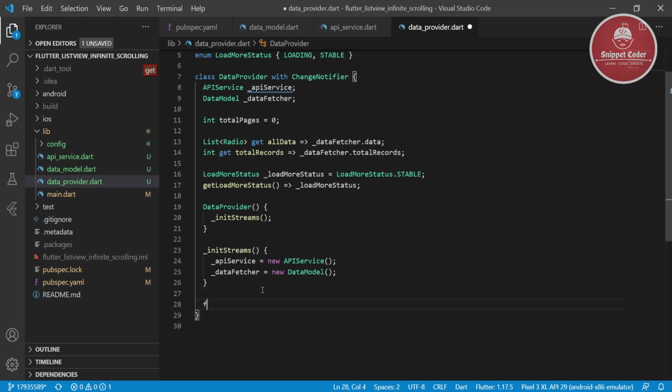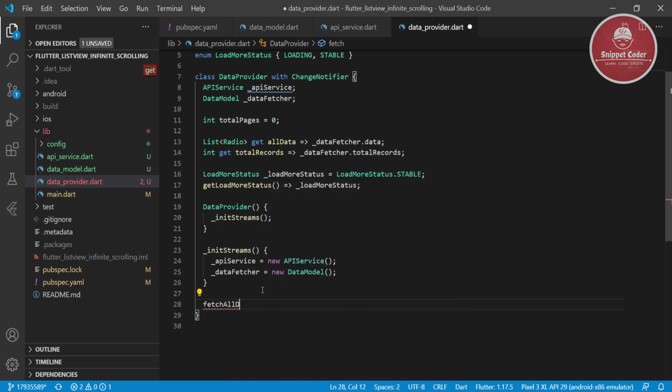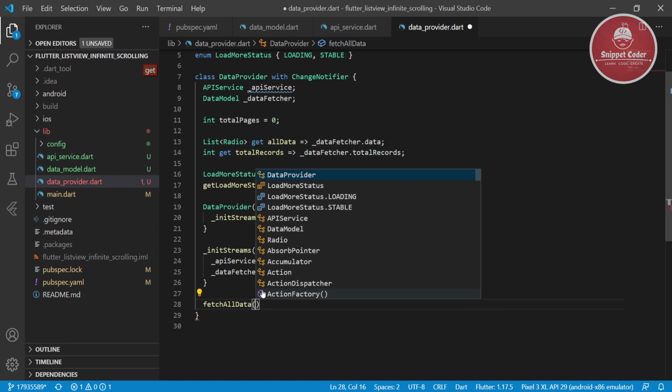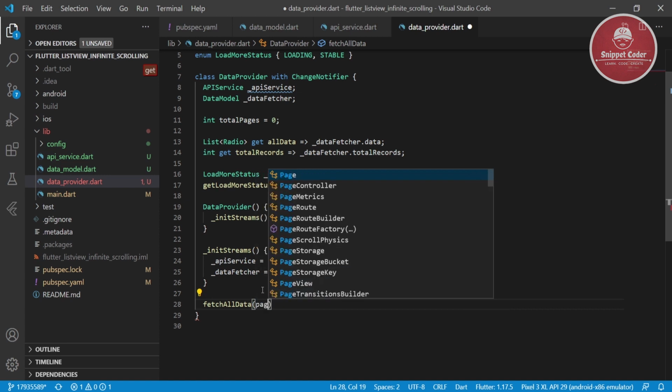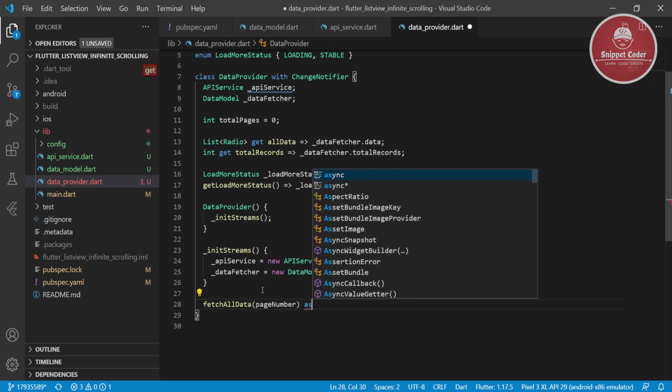Now we'll create one method, that is fetchAllData, and we are adding one parameter of page number, and we are making it async.